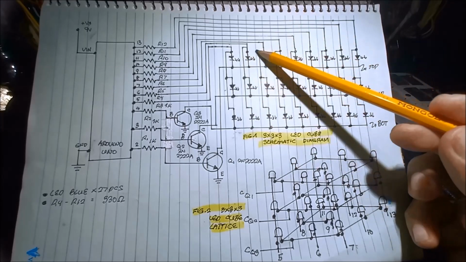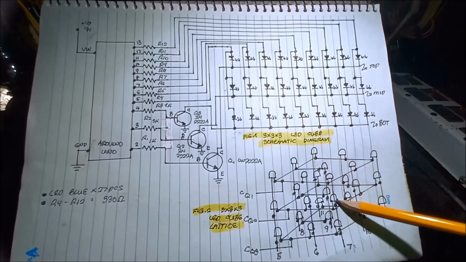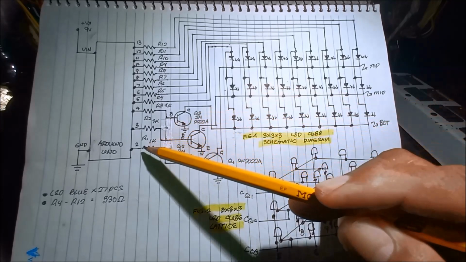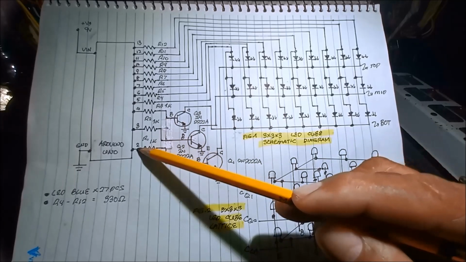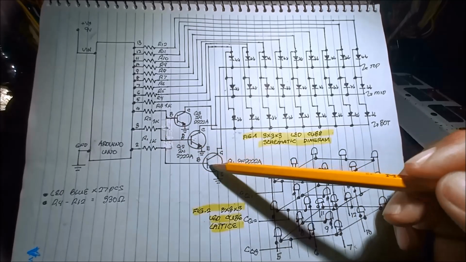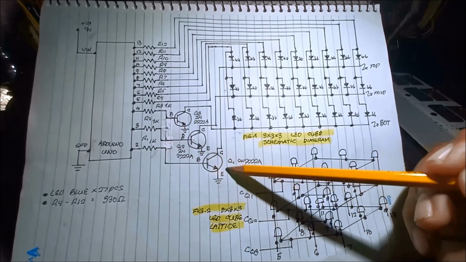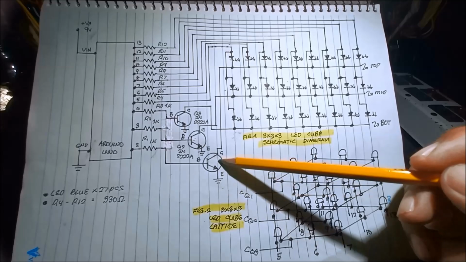This LED connection is the same as the actual one. So you can see here in pin number 2 of the Arduino, we have the transistor. We have this 1K resistor to the base of the transistor, then the emitter to ground and the collector